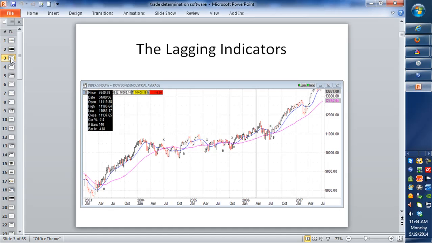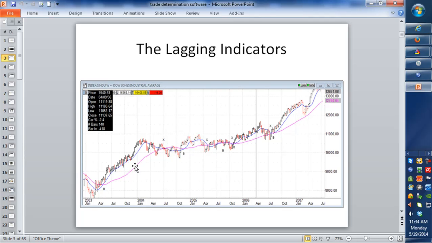Let's do a little history on signals and software. Typically, investors like to use lagging indicators, so they'll use something like a crossover moving average system. In this particular case, it's a weekly chart of the Dow Jones Industrial. It's when the blue line goes above the red line. This is nothing more than the